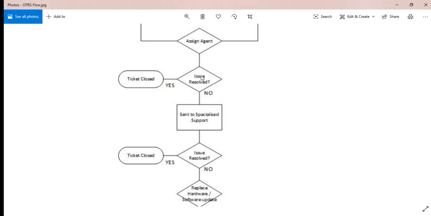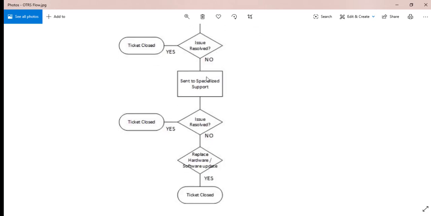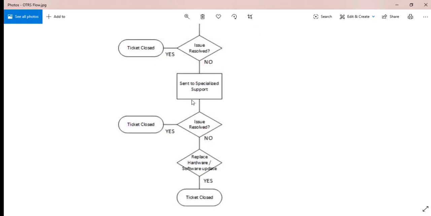If it is not resolved, it will be escalated to a specific OEM or a higher level of the support system, and the higher level engineer will spend time and troubleshoot the issue. If it is resolved, then the ticket is closed.